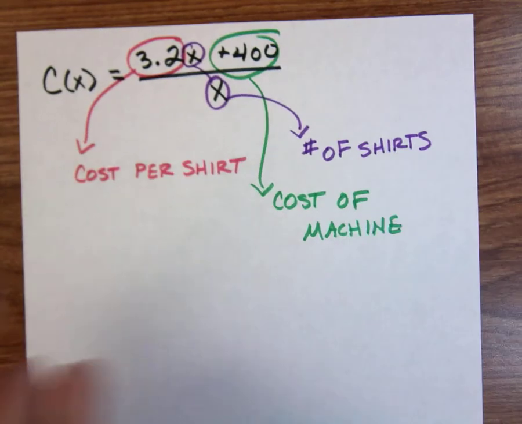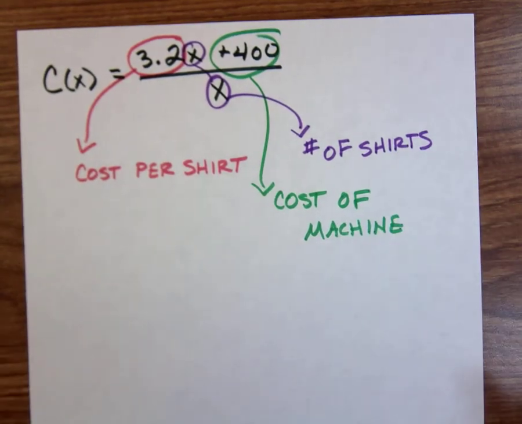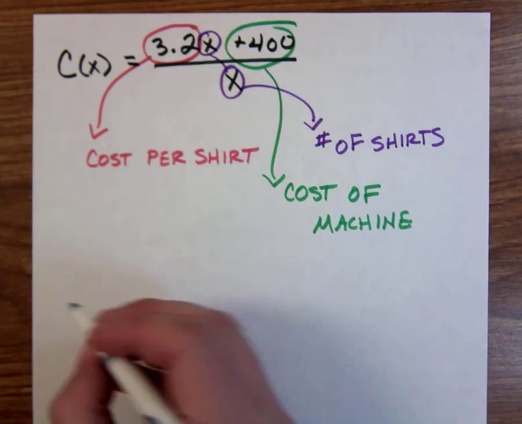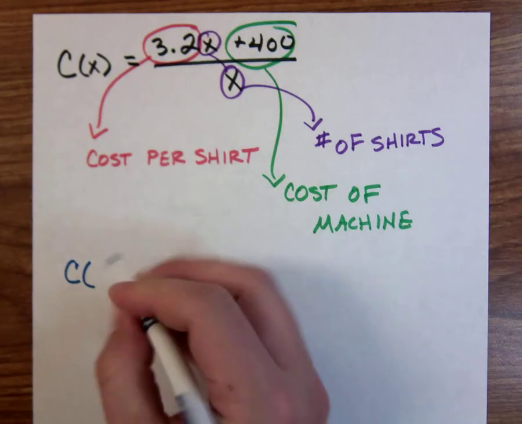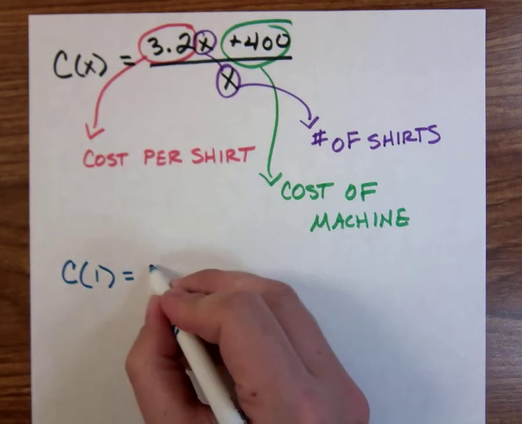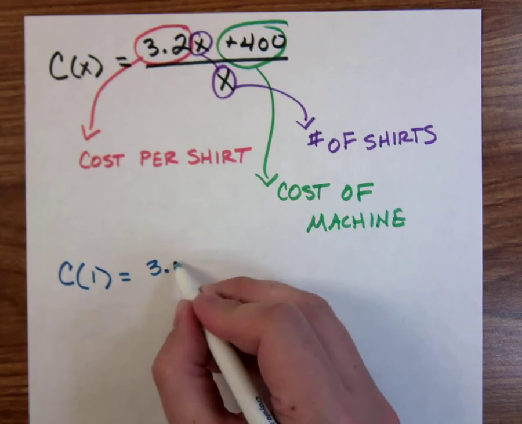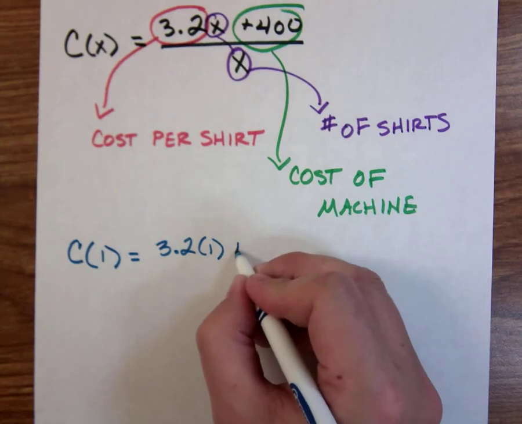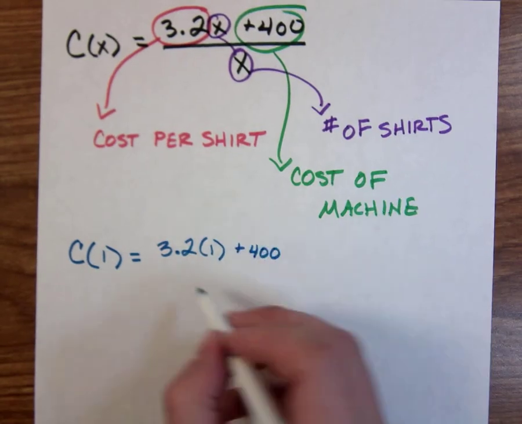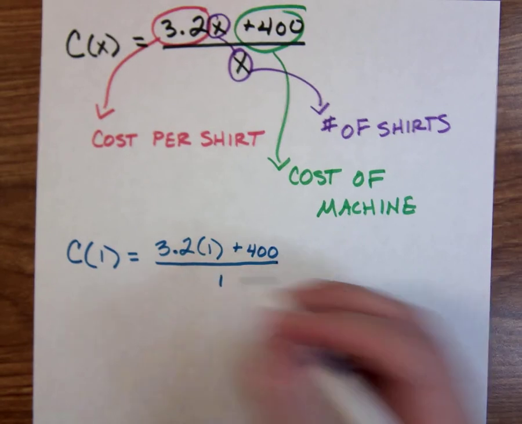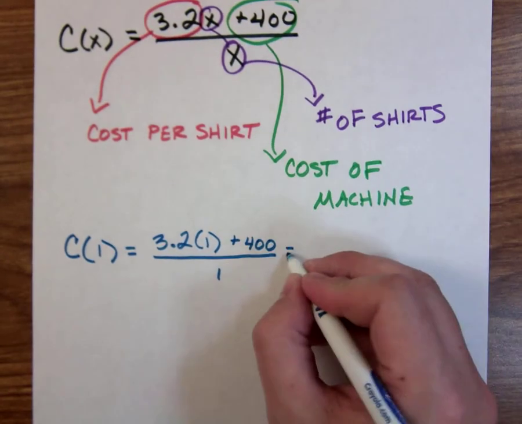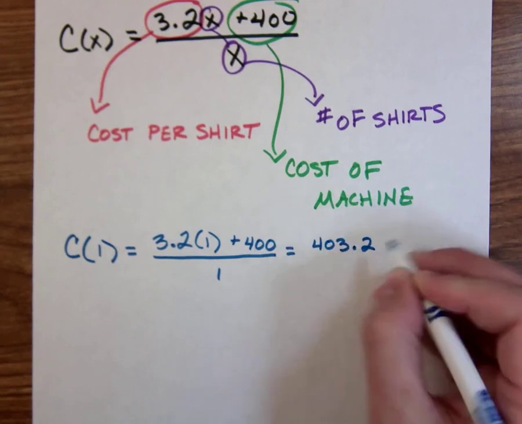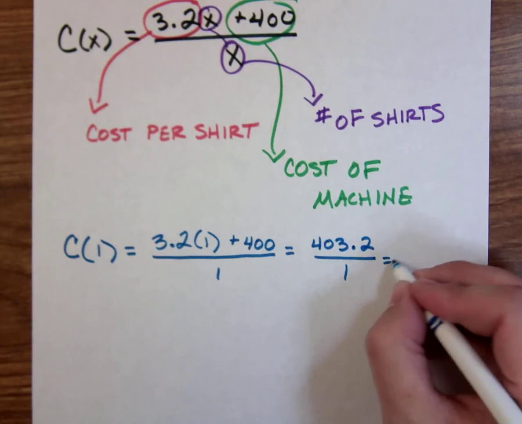Okay, so let me put it to you like this. Let's say that I come into your shop and I say to you, I would like one shirt, please. One shirt. Here's what this function would look like. Instead of C of X, it's C of 1 because I buy one shirt. And you're like, well, how much is this going to cost my business? Well, it's going to cost me $3.20 for the materials for the shirt, plus the $400 I had to pay for the machine, divided by the number of shirts I sold, which was 1. This is 3.2 plus 400 is 403.2 divided by 1. That's